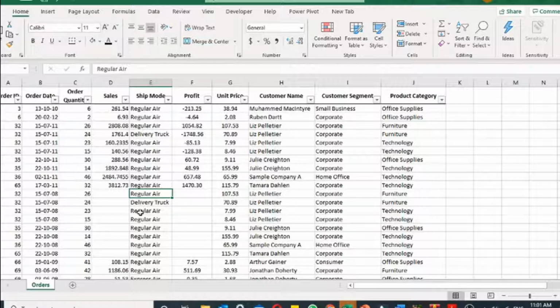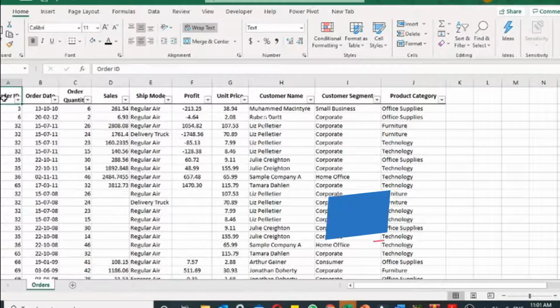So first we need to convert this into a table, and I always like that because tables are good to convert into pivot, and even when you're adding additional data, it's always easy to add additional data into your Excel so that you can actually just refresh and everything. You don't have to again reference the data source. That's a bit hectic. So let's convert this into a table, and to convert this into a table we can